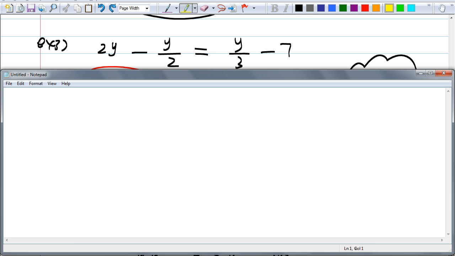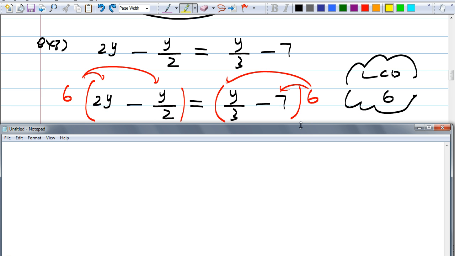That's a good question. You just look at the denominators of every term. It doesn't matter which side it's on, right? It could be on the left side or right side, doesn't matter. Just look at all the denominators of every term and then find the LCD of those denominators, and it'll work out because we want to cancel out all the denominators with the LCD. Doesn't that make sense? No matter whether it's on the left side or right side. Okay. All right, so when you multiply both sides by 6,